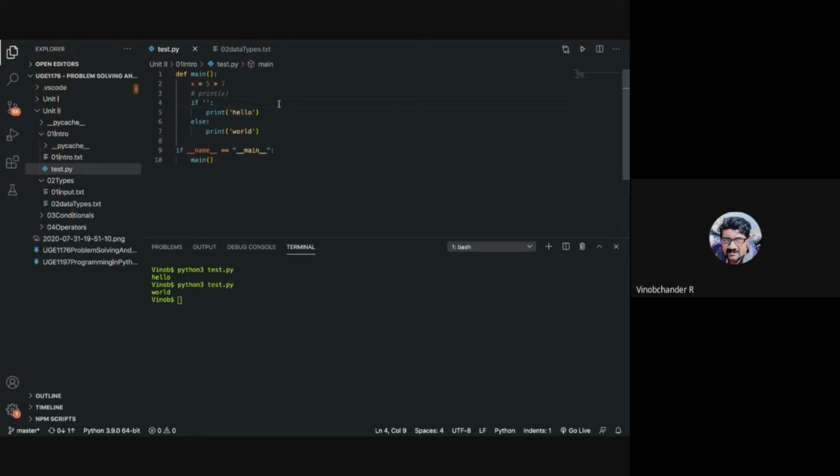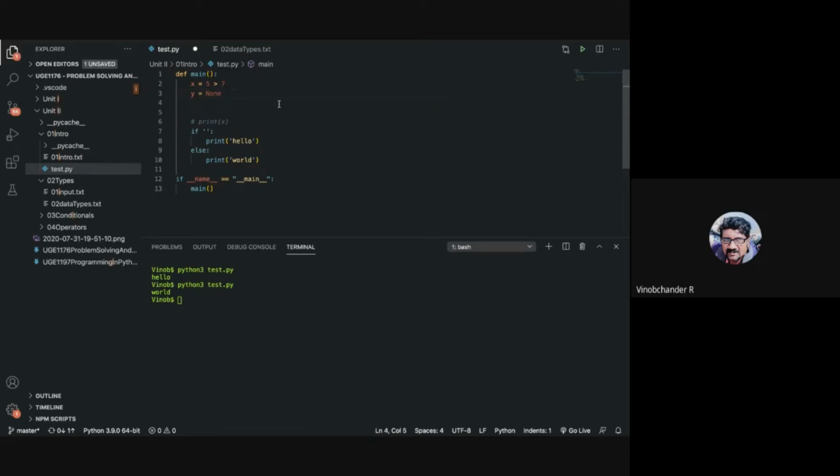Now also, let us understand that there is a keyword called none, which we have seen in the previous class. Remember, there is something called none, which represents the absence of any value.